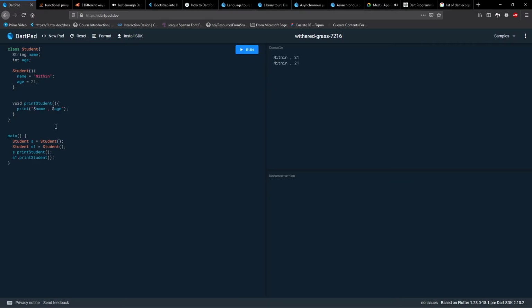Yeah. Okay, so it prints the exact same thing. Now what you want is for each object to have unique values. For example, I want to store multiple students now. So how am I going to do that? As I told you, Student works similar to a function. It can also accept parameters.